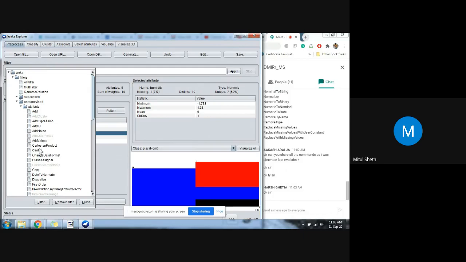Whenever you want to perform a pre-processing operation on your class attribute, you can use the supervised approach. If you do not want to perform it on a class attribute, you can use the unsupervised approach. So in the supervised, you perform